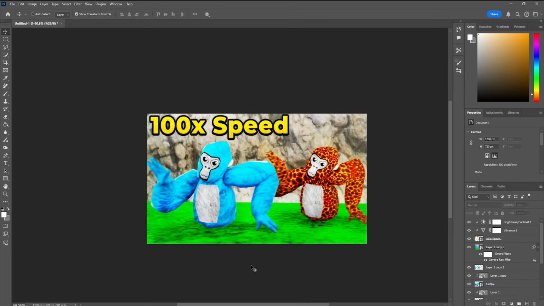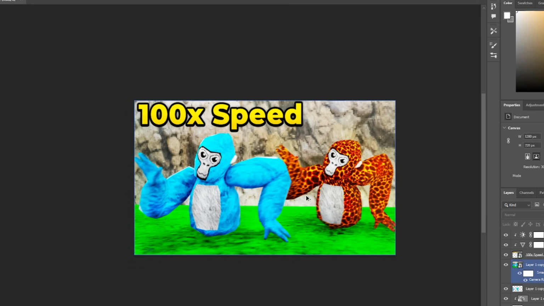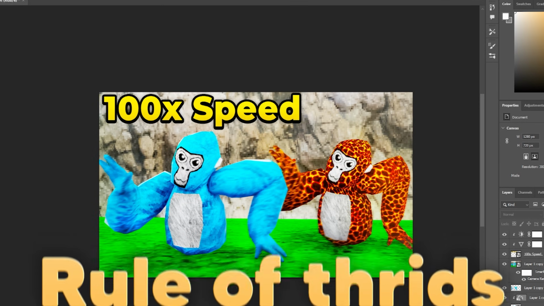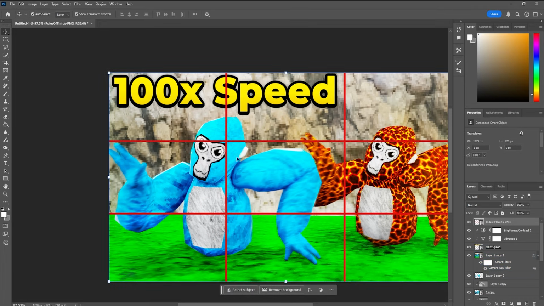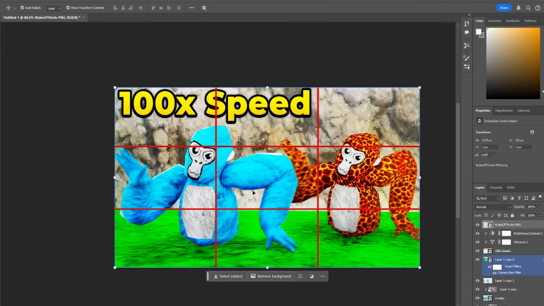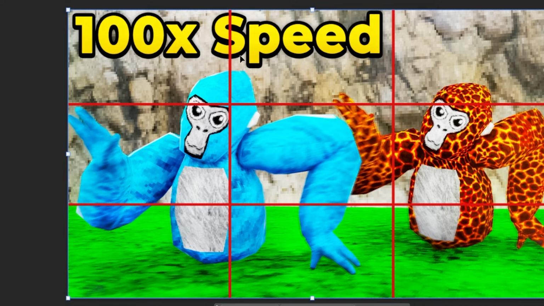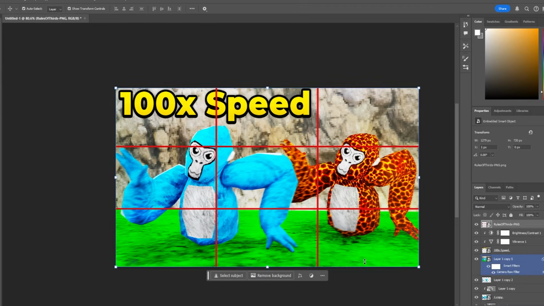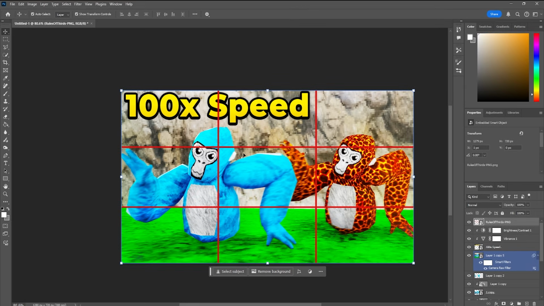That is way better. And now to make sure that this thumbnail is good, we're going to have to use something called rule of thirds, which means the focus object has to be in one of these X's right here. And since people see thumbnails from left to right, you're going to want to have the most important stuff on the left and other stuff at the right. If it's your branding, then you should put it on the left instead of the right, so people know that it's your